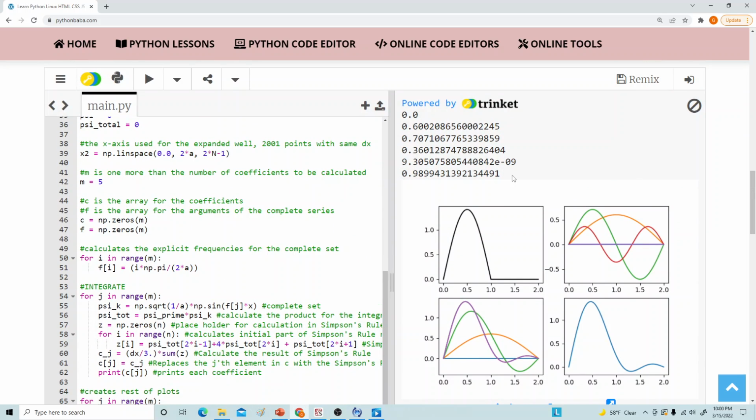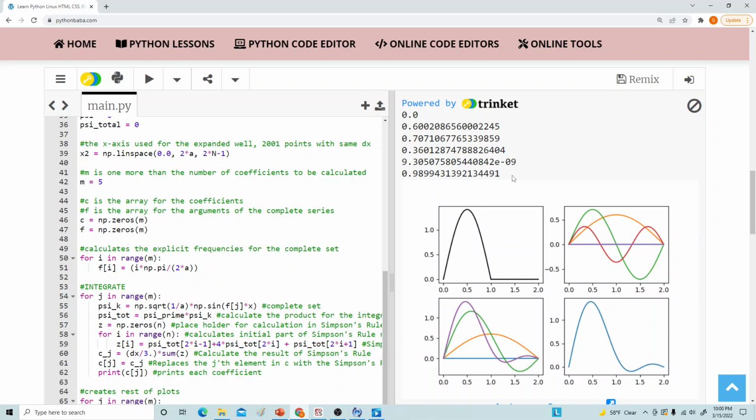So what this means, if you were to do this quantum mechanics experiment, is that you put a particle in a well and you expand the well instantaneously, so fast that the particle has no time to respond, and you immediately make an energy measurement,